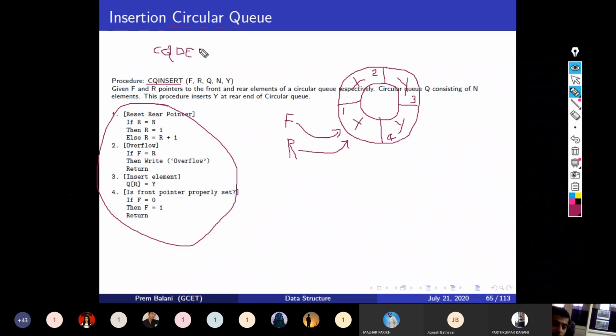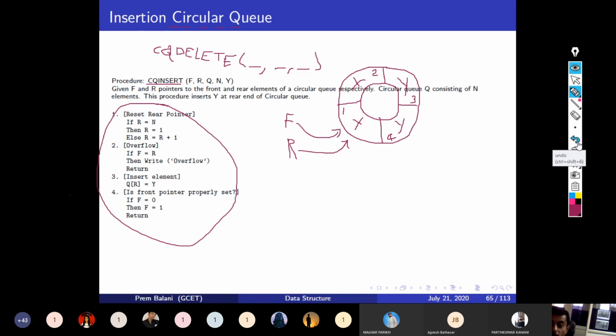If you think and develop the algorithm by yourself, you will have a great amount of confidence built up, right? You have seen the normal queue delete operation, and now you can make the circular queue delete operation, and you can set the pointers accordingly, right?